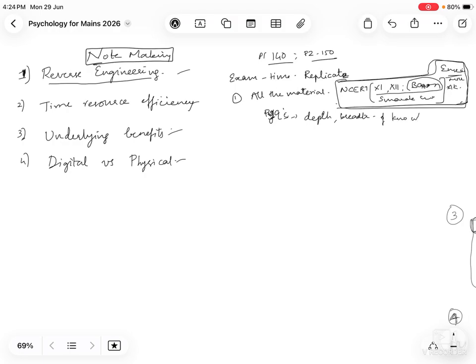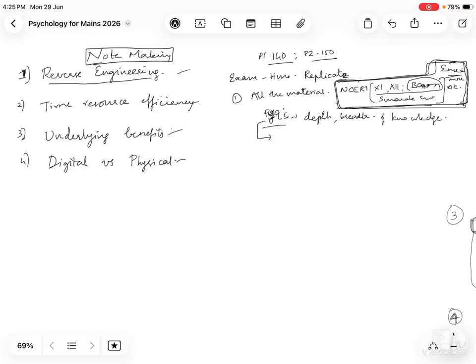ठीक है. So it might be more or less than what you have already gone through. ठीक है. ये Baron में there are some aspects, some chapters, some topics which are very detailed and some chapters, some topics which are not covered in that much detail. So उस हिसाब से when you look at the PYQs, you can understand the depth and the breadth of knowledge that is required to answer the questions in UPSC mains of psychology. So then you'll try to write some of them.